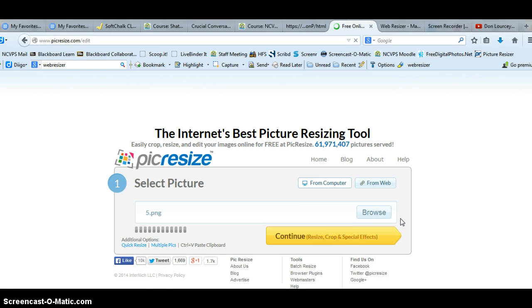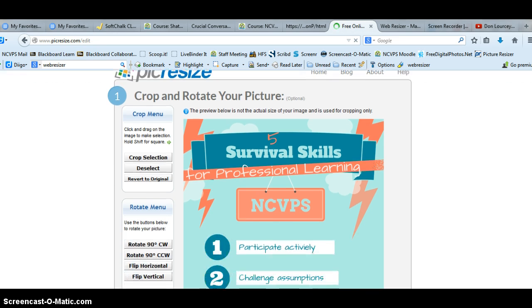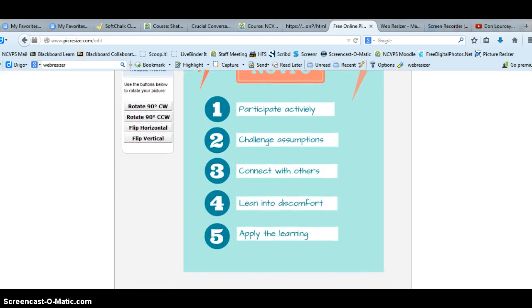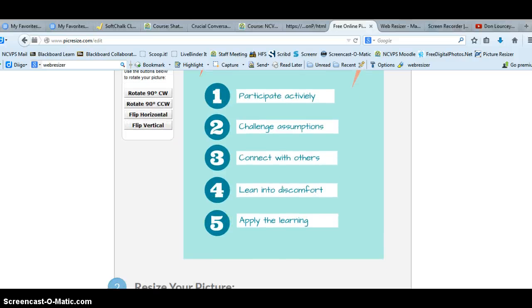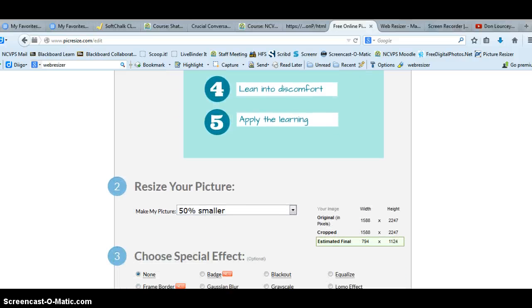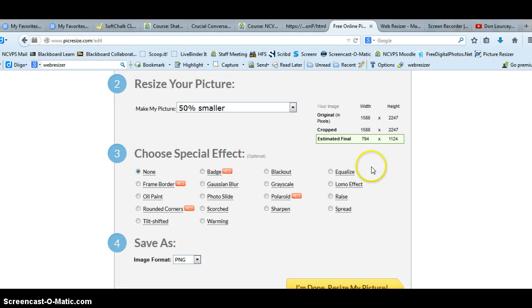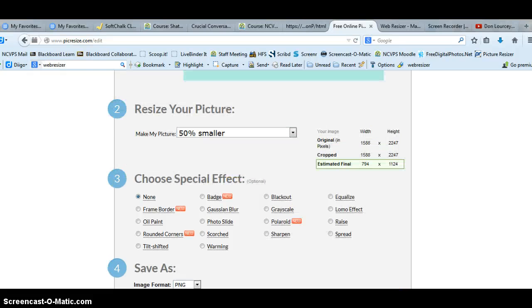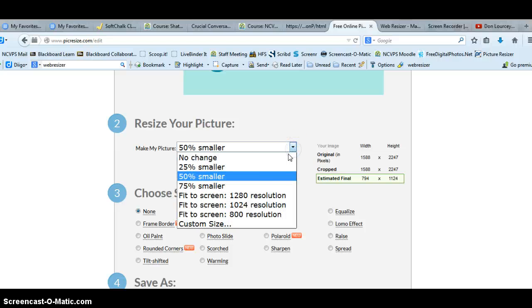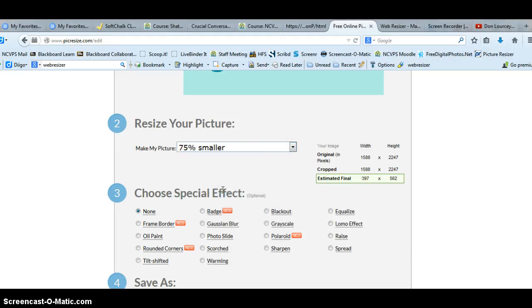What it's going to do is load up into a new frame. You can see here that's a pretty large image, and it says to resize your picture. You can choose your special effects, and then you can save as. Notice the original size of this image was 1588 pixels wide by 2247. That's huge. So I can go 50% smaller, or I can customize, or I can even go 75% smaller